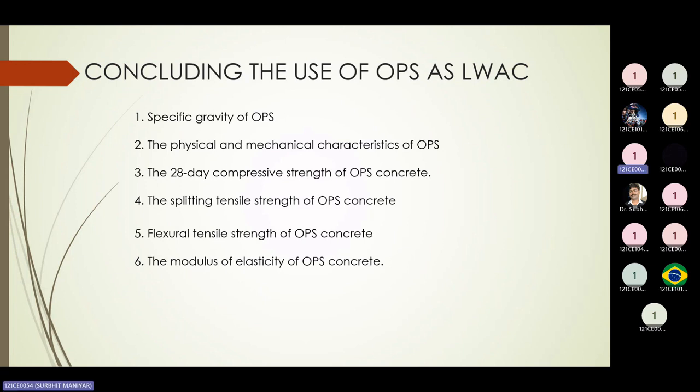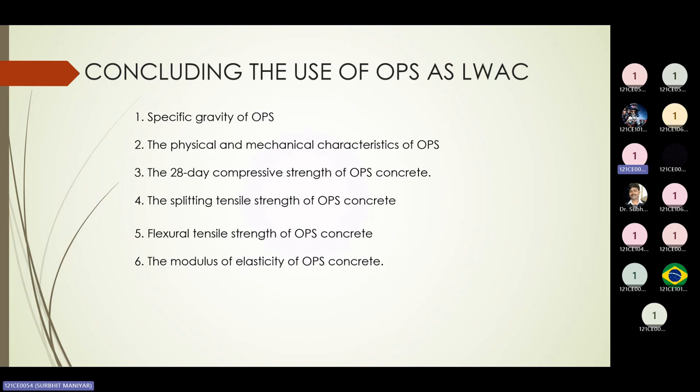The 28-day compressive strength of OPS concrete is in the range of the typical compressive strength for structural lightweight concrete, with a density of around 20 to 25% lower than normal weight aggregate. The splitting tensile strength of OPS concrete is slightly lower than the lightweight concrete made with cold bonded fly ash and palletized blast furnace slag lightweight aggregate. The flexural tensile strength of OPS concrete is lower than the lightweight concrete made using expanded